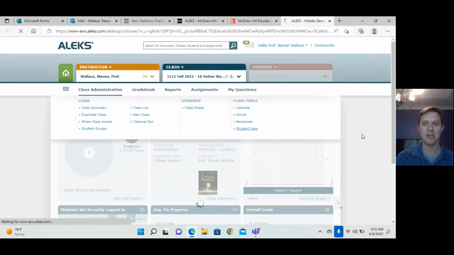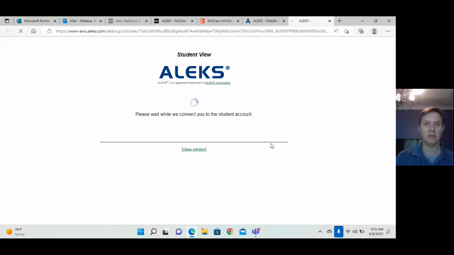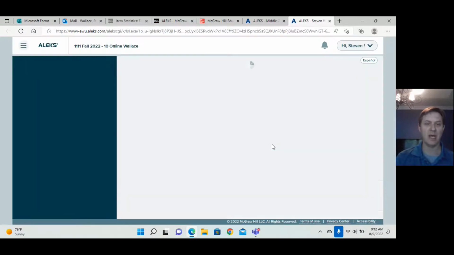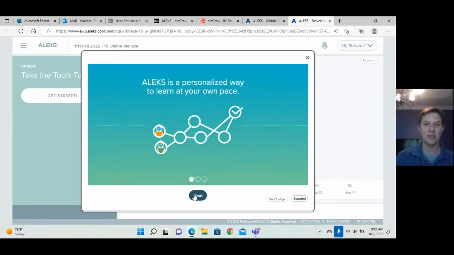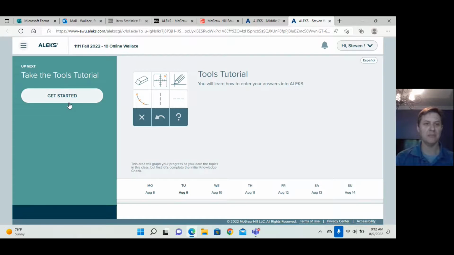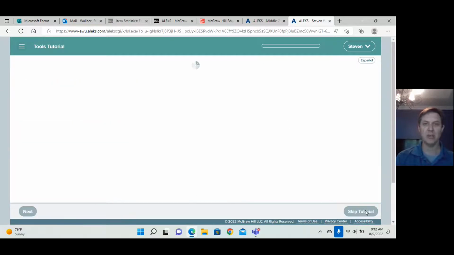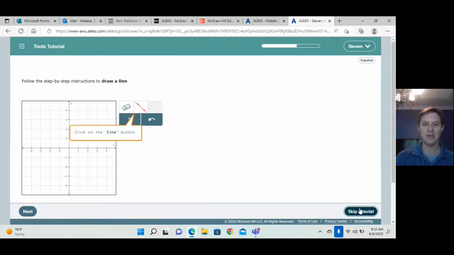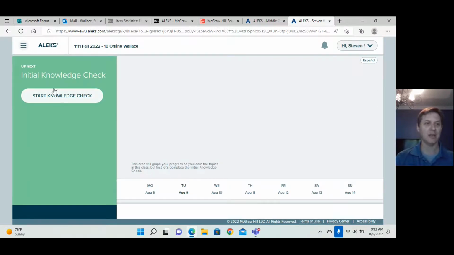Okay, so this is what you're going to see. After you put in your name and all that stuff, you'll be asked to do a quick orientation where you go over some aspects of Alex, and you'll do a tutorial on the tools. It'll be self-explanatory and tell you what to do. Once you get done with all that, then you'll have to do an initial knowledge check. So you start the knowledge check,